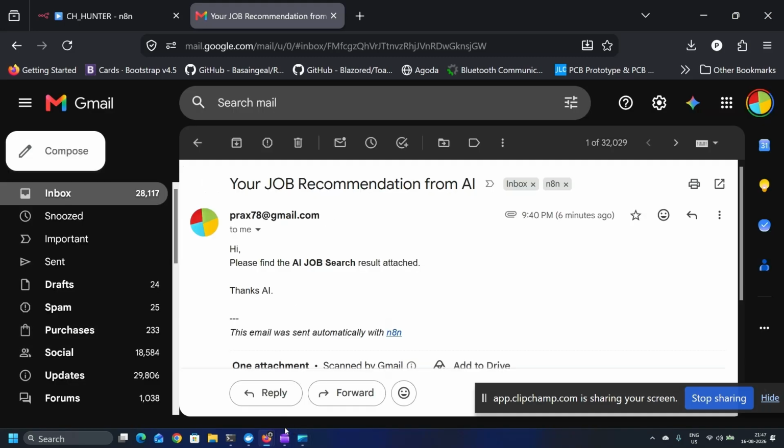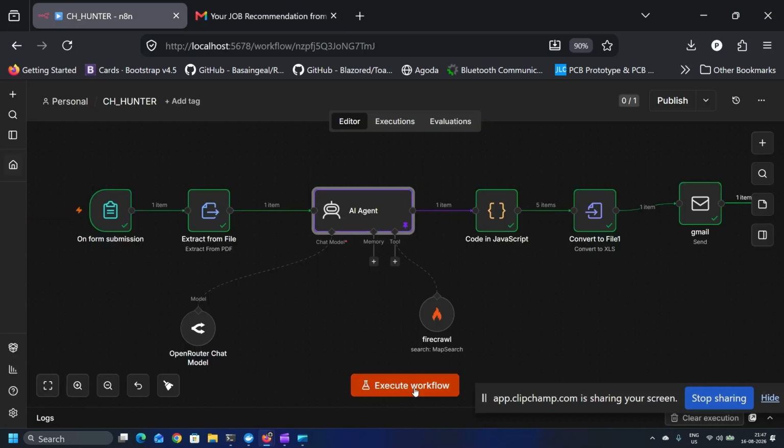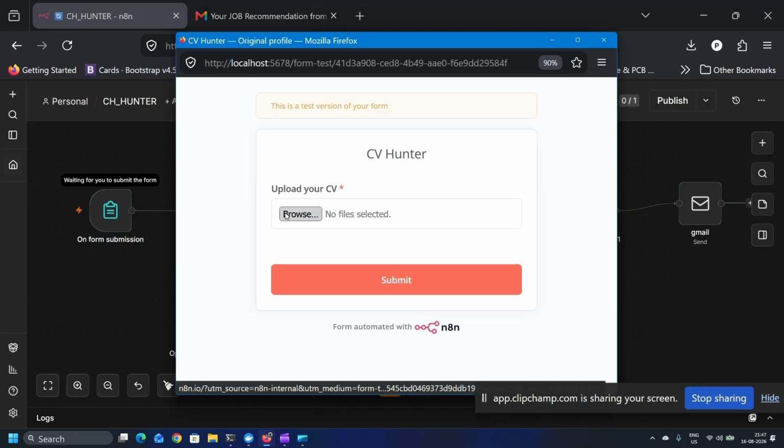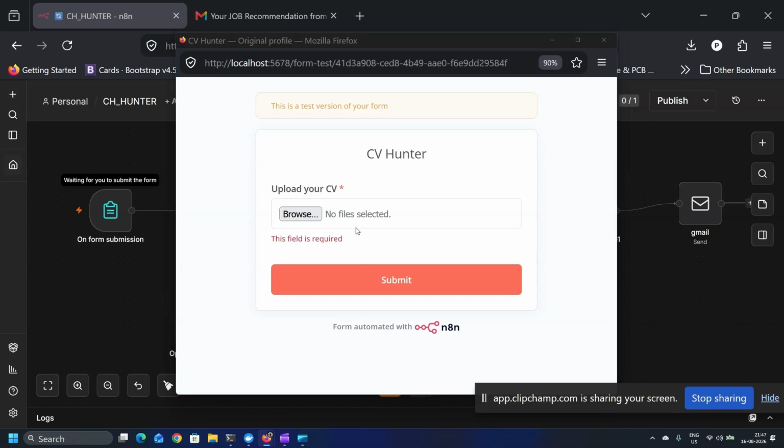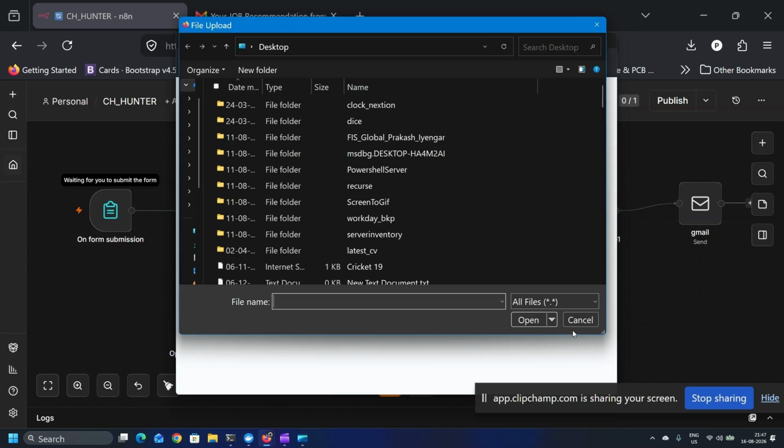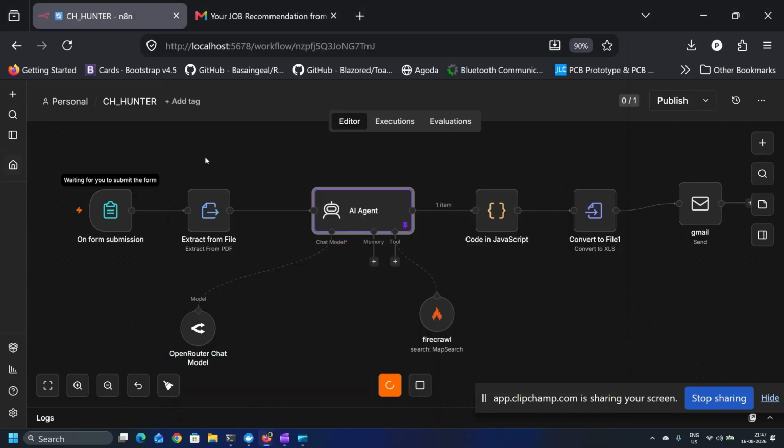Okay, so let me quickly go to the flow if I can. Okay, so let me run it for you so that you get the idea. Okay, so I created a small UI that asks for your PDF. Once you provide the input, this Extract From File node will extract the text from your PDF containing your CV,